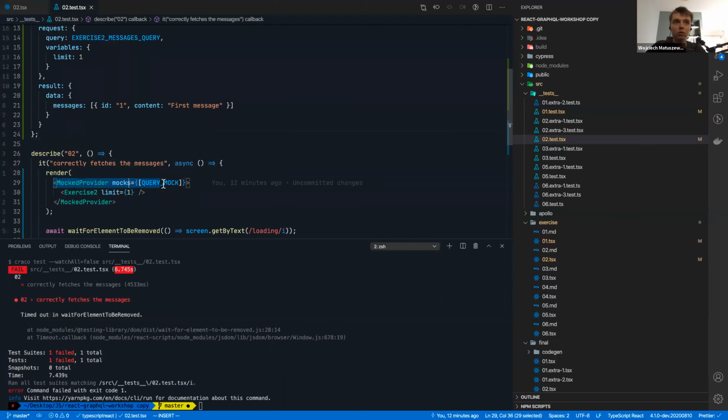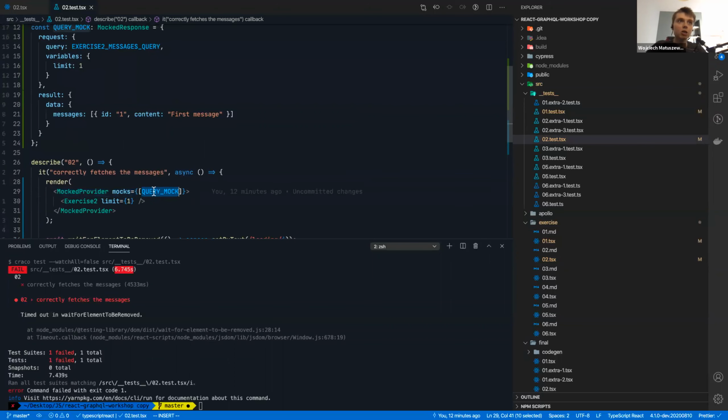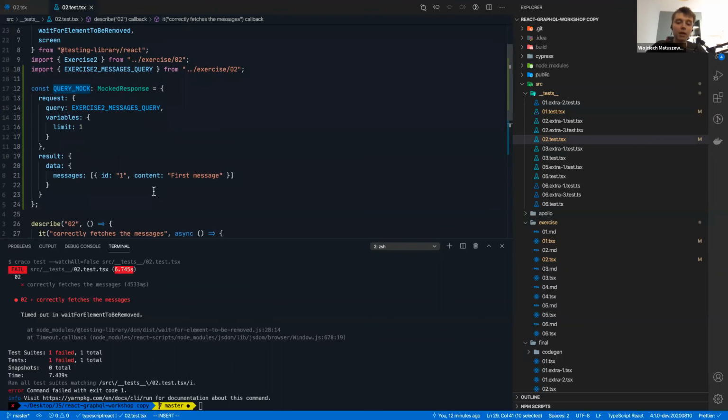We are using the MockedProvider, the tools that the library provides us, and then each mock has to be exact. I mean, by exact, I mean that the resulting data has to be what we are really asking for, otherwise it will fail. Same goes for variables here. And with that,